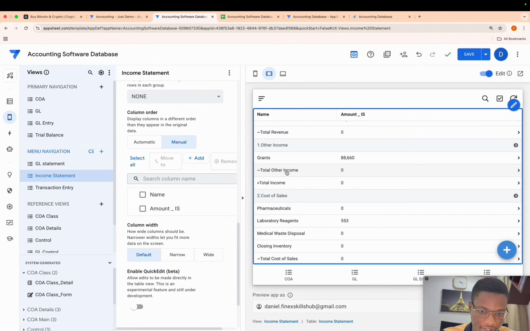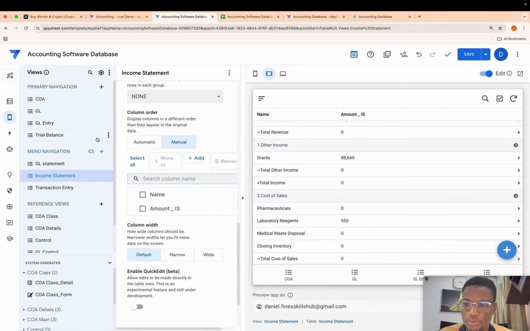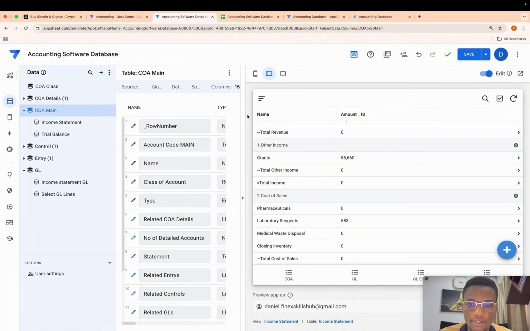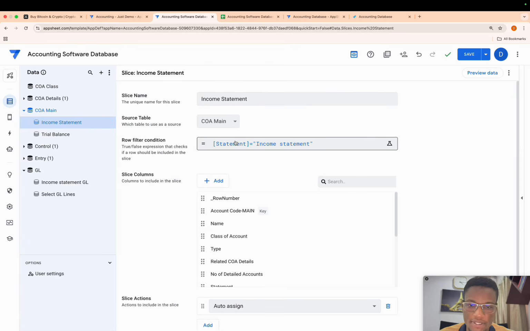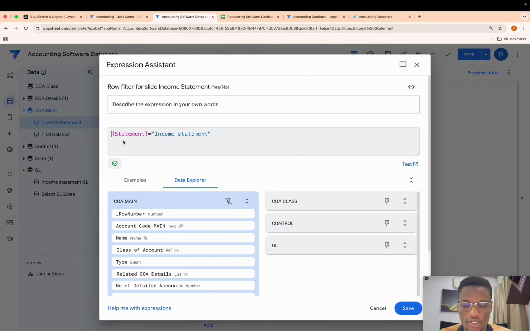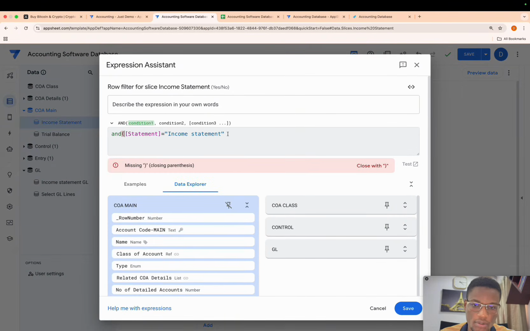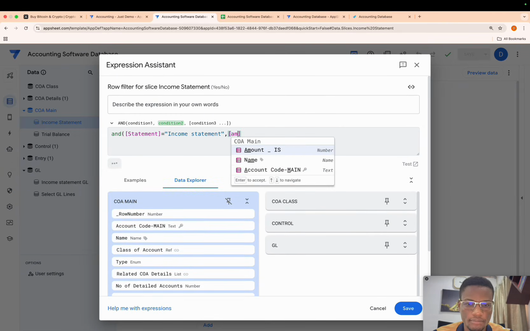But because right now I have total other income and then total income at 0, I need to be careful when taking it out. Okay, so what I'm going to do, I'm going to come here and I'm going to come to income statement. I'm going to alter my condition here. I'm going to say, and aside it being income statement, the amount must be greater than 0.